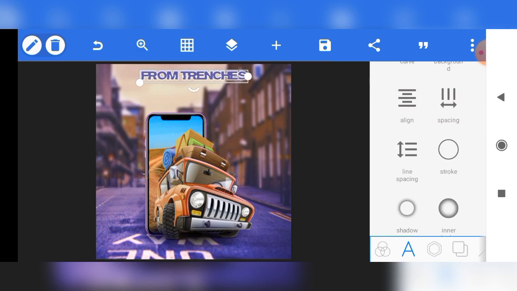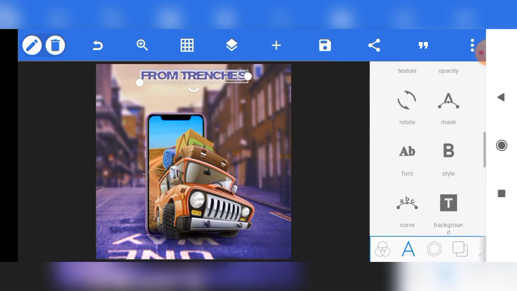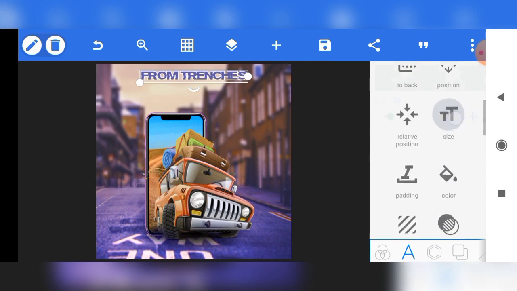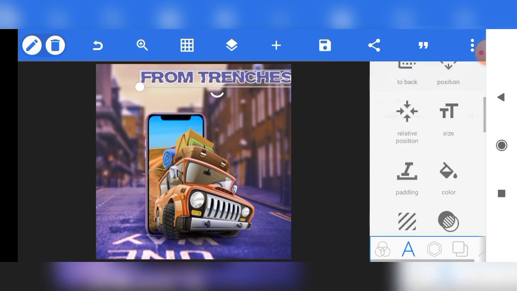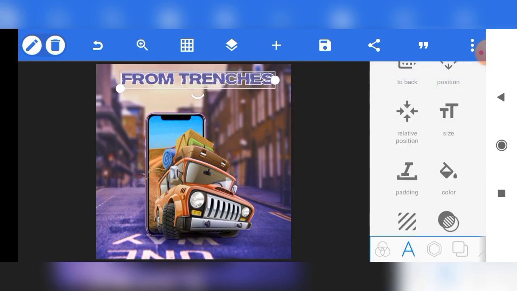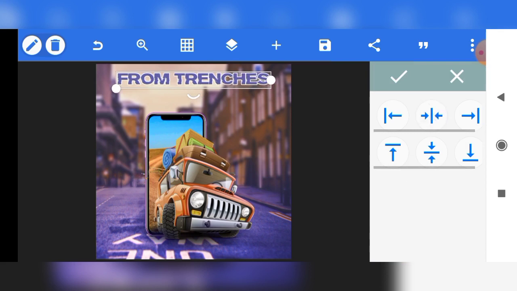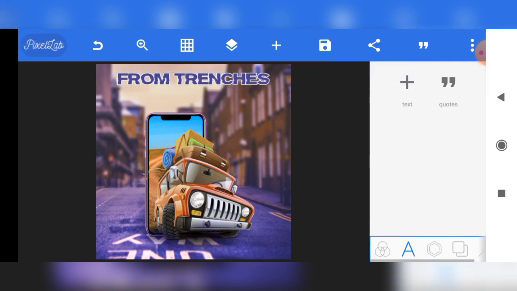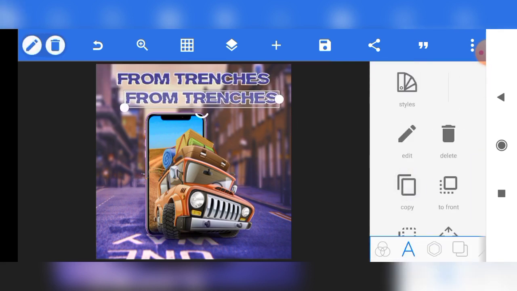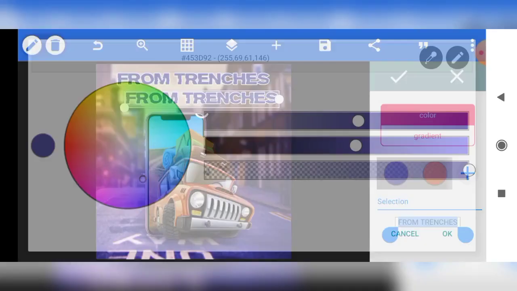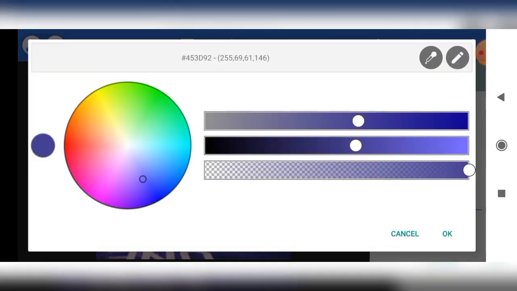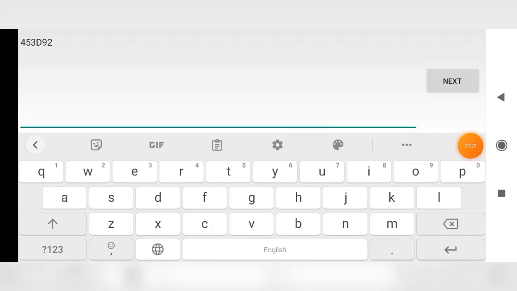Then the size you are going to use for this is 34. The text size is 34. Okay, so this is it. Just position it to the center, then copy it and change the color to, I have the color code here, and the color code I'll be using is